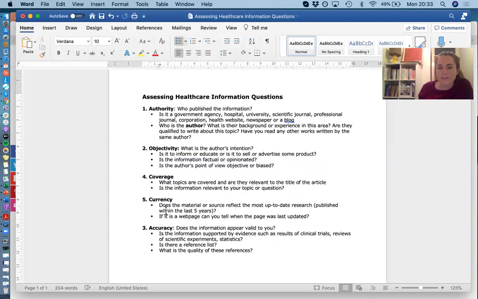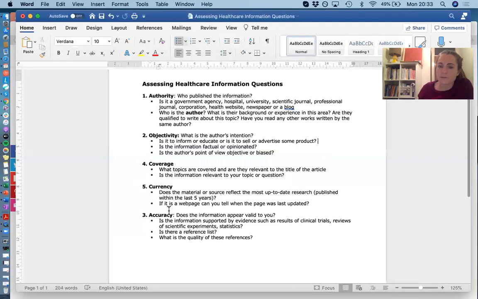So then the other thing is currency. Does the material or source reflect the most up-to-date research? Was it published in the last 5 years? If it's a web page, can you tell when the page was last updated? And I mentioned this in part 5 of the video, published within the last 5 years is a bit